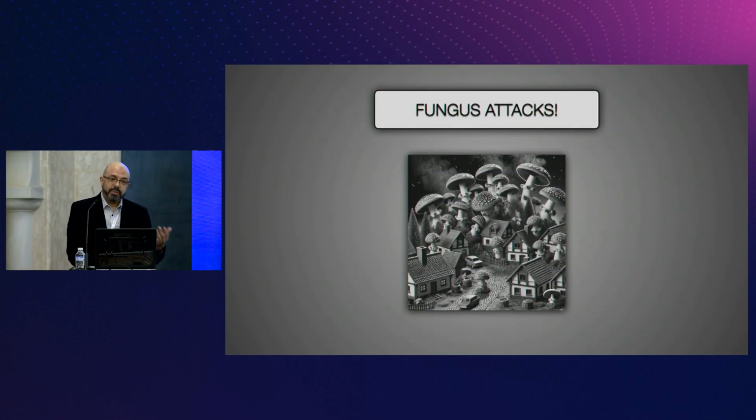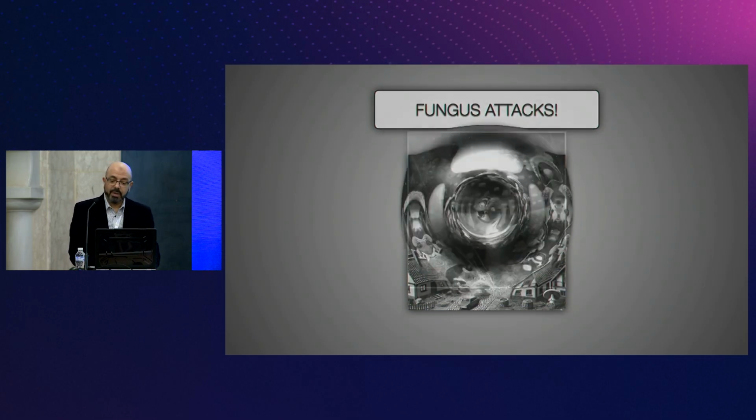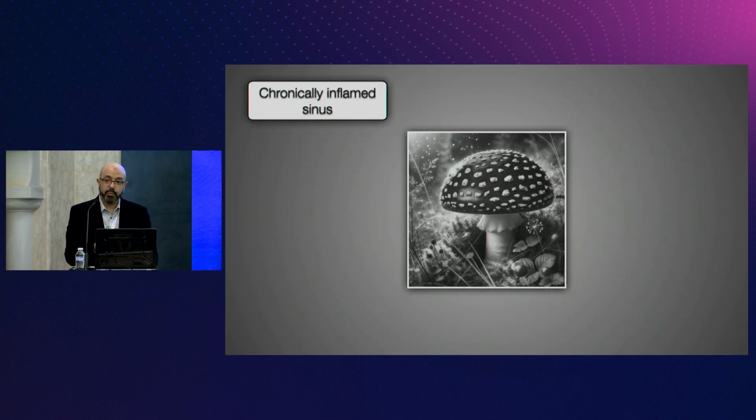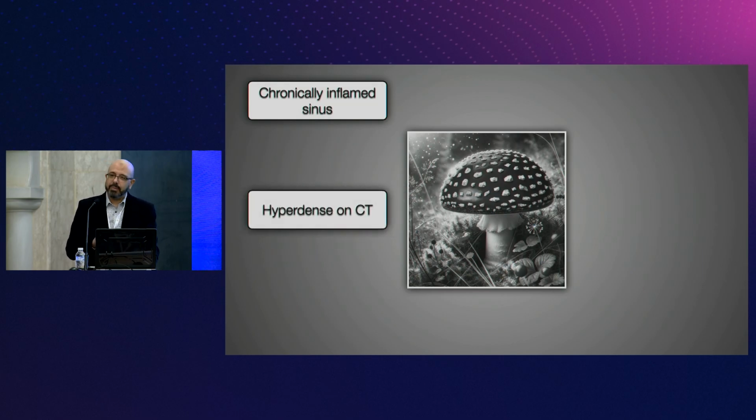Now let's discuss a different type of infection, and this is the fungal infection. A few important points about fungus. It almost always happens on top of a chronically inflamed or chronically blocked sinus. On CT, it will be very hyperdense. I'm not talking about hyperdense, just slightly hyperdense. It's as dense as bone. Okay, don't overcall it. So you need to see high density like bone